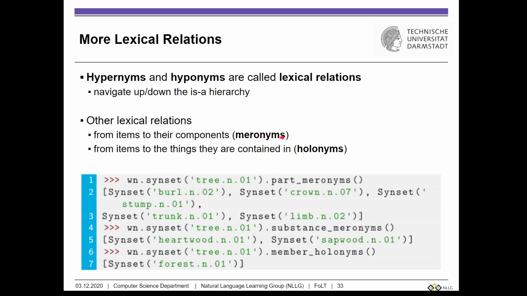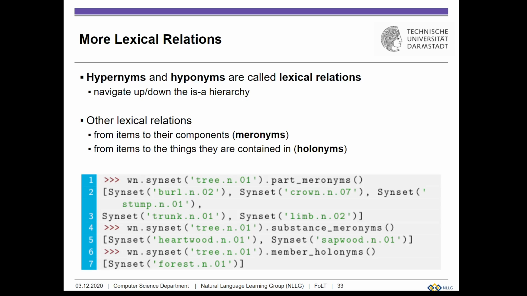So this goes under the word meronym in terms of linguistics, where there exists a meronymy relationship between two words if one of the words is a part of the other word. So a finger is a part of the hand, so there's a meronymy relationship between those two words. And there are also many other relationships, such as holonyms, which describe the relationship of being contained in.